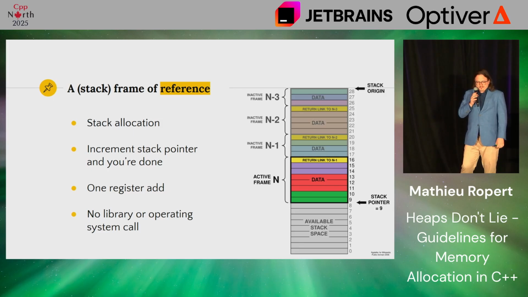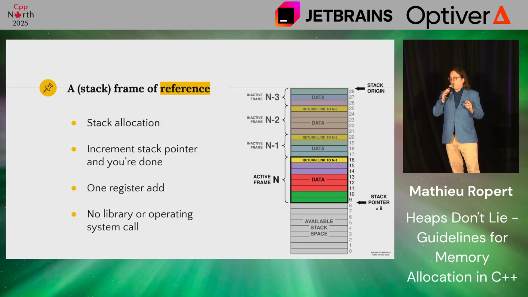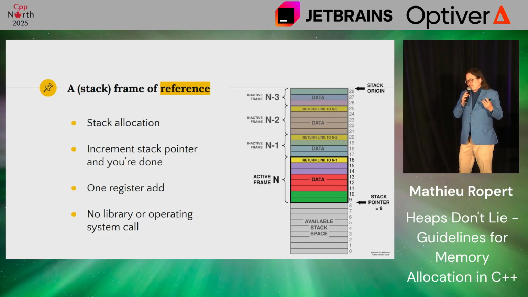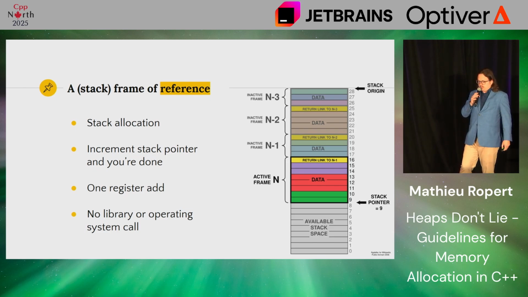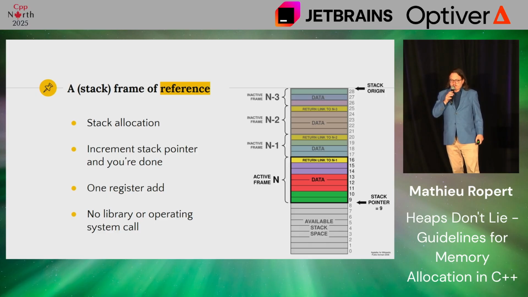All right, so since we're going to talk about performance, I think it's good to start with a reference. What is fast? What is a fast allocation? In my experience, looking at allocating on the stack is usually a good frame of how fast you can go. Because for those of us who need a quick refresher on CS 101,